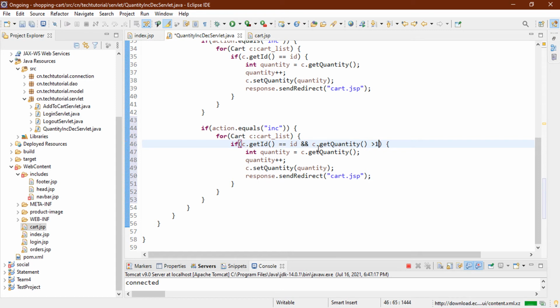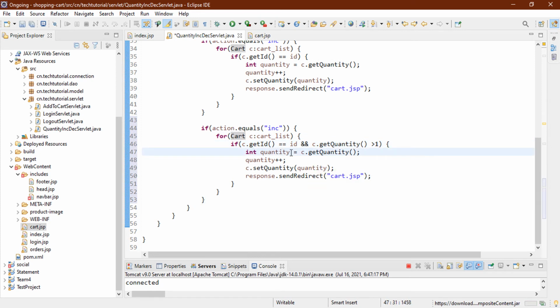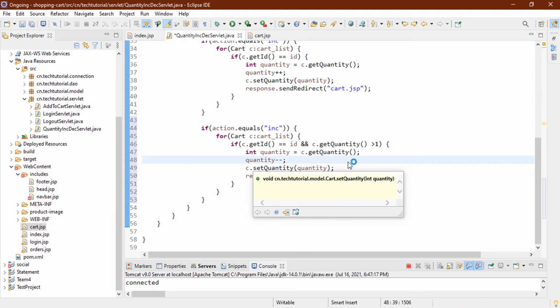Why quantity greater than 1? When we decrement our product quantity, it will keep decreasing, and when it comes to 0 it would go minus. That's the prevention: checking the quantity. So quantity minus, get quantity, and then it will set the quantity.